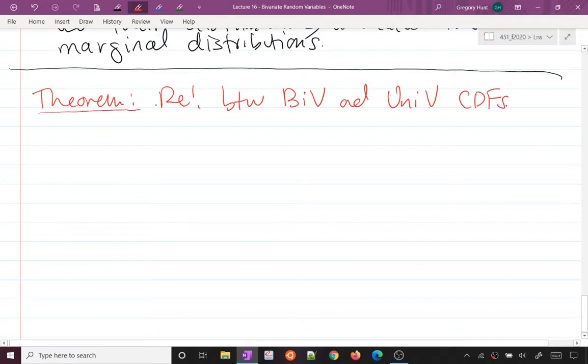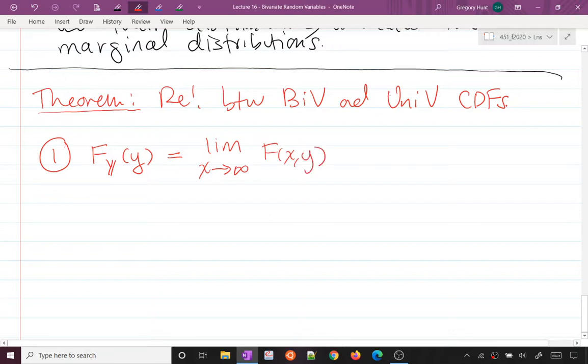So this kind of fact or theorem has two parts. One, the marginal CDF of y, which I'll write as F_Y of y, can be attained from the bivariate CDF as the limit as x goes to infinity of the bivariate CDF. So if I fix y and send x to infinity, in the limit,